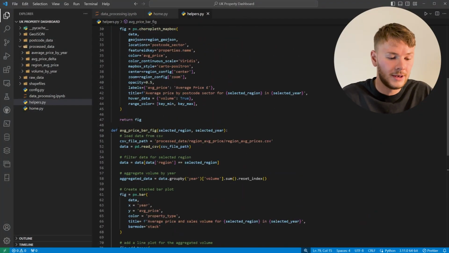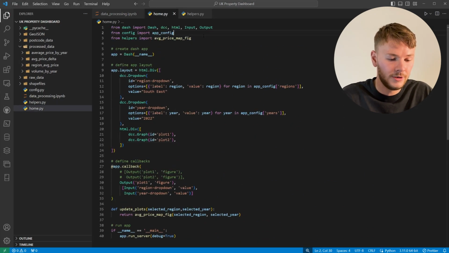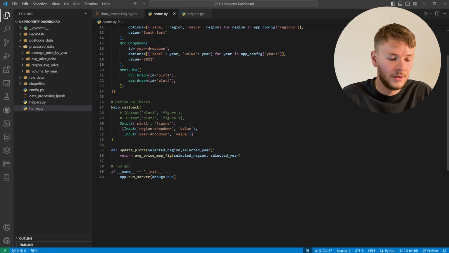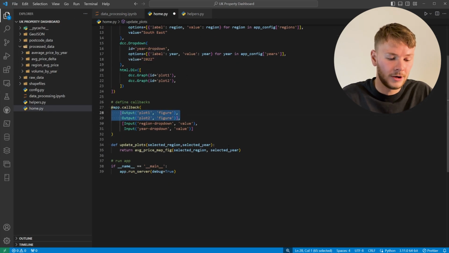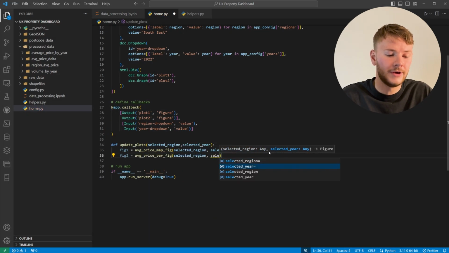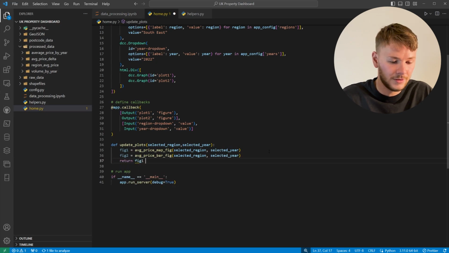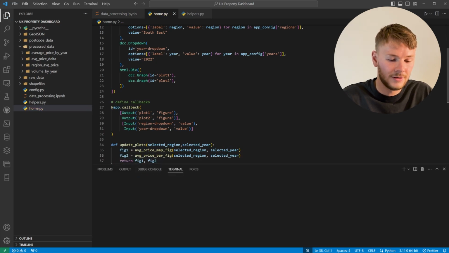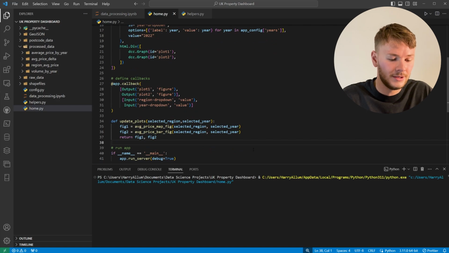Okay, so you can now see the code I've got here for my bar plot. I'll go back to home.py and import the new function from helpers. I'll delete the temporary callback and uncomment the original so we can now call back both of the figures. I'm then going to update my callback function to call both figures and store them as fig1 and fig2. I can now return these, and once that's done, we can start the app again and check that it's working